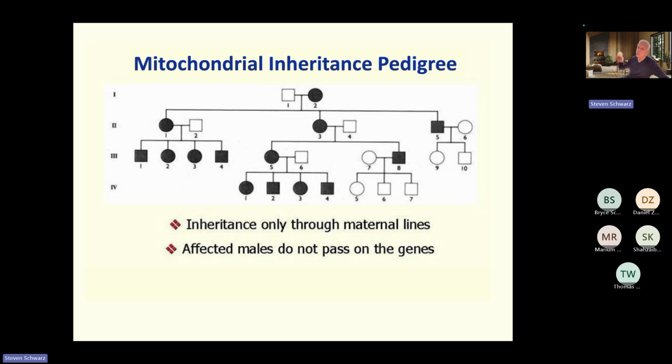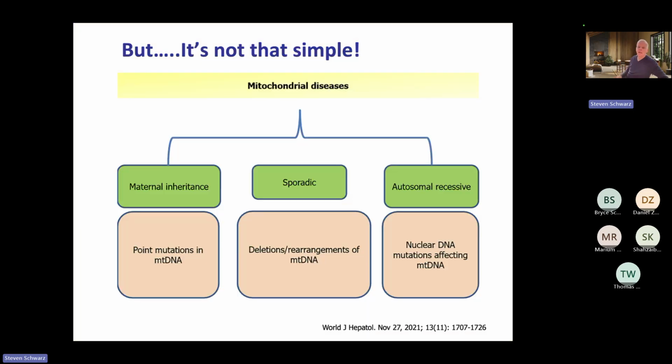But remember, most of these mitochondrial respiratory chain disorders are a consequence not of a mitochondrial mutation, but of a nuclear DNA mutation, that nuclear DNA moiety which interacts with your mitochondrial DNA. As I said, it's not that simple because mitochondrial diseases can